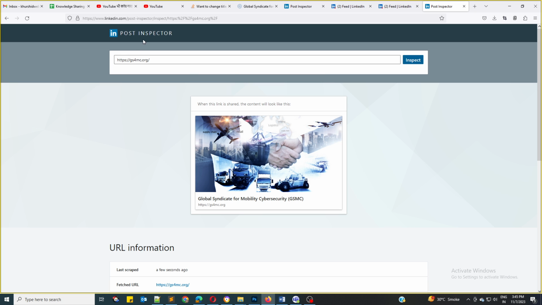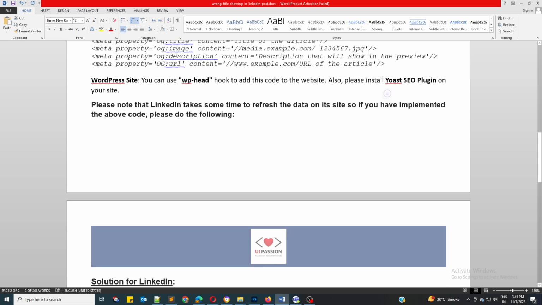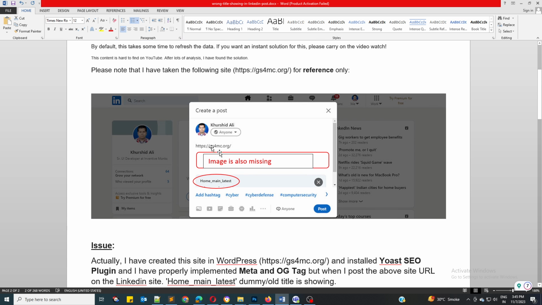And after this is done, you can check your LinkedIn and you will get the latest data. So initially the data is showing like this.